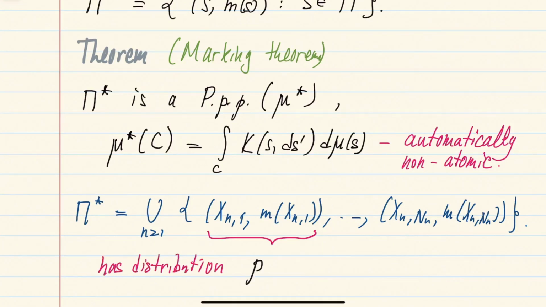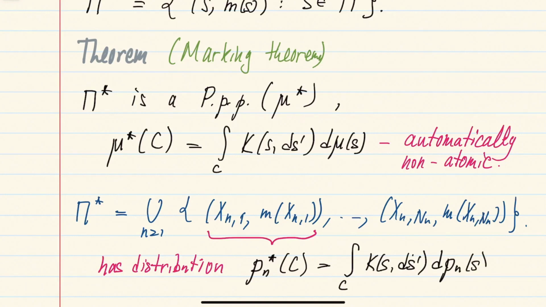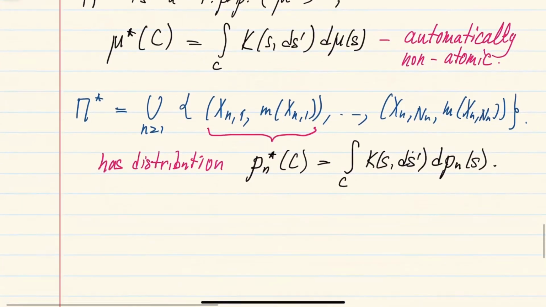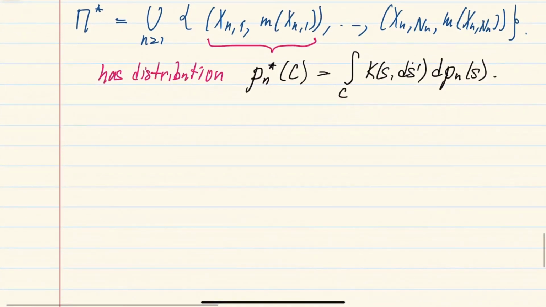So these pairs are obviously IID by the construction, and then this pair here has distribution, I will call it Pn star, where of course just by construction, since you have this independent marking with this conditional distribution given by the transition kernel, if you want to compute a probability for any set, you have to integrate with respect to this transition kernel or conditional probability. And on the first coordinate, you integrate with respect to Pn. Right, so again, this union is just a union of Poisson number of IID sequences.